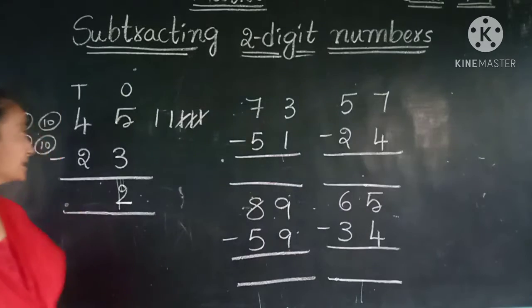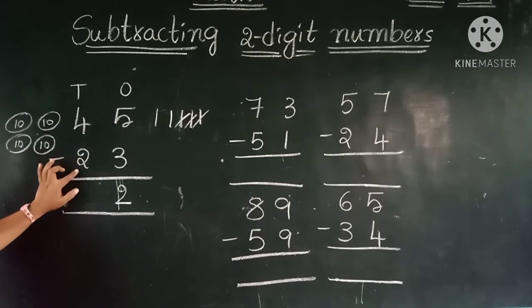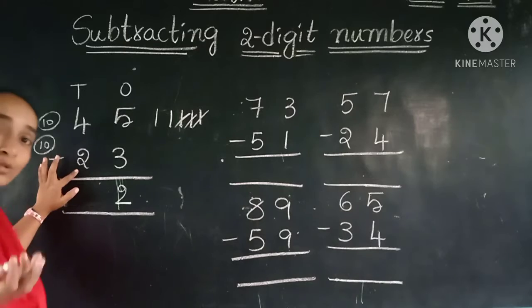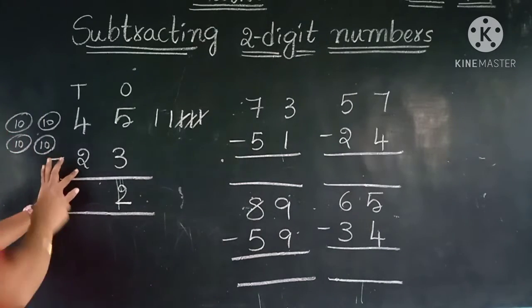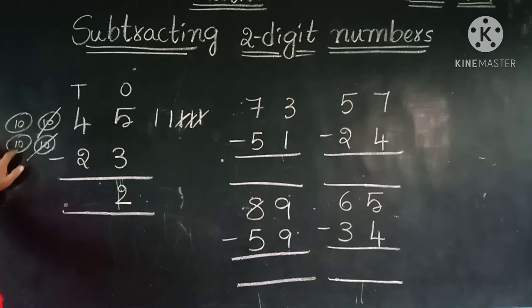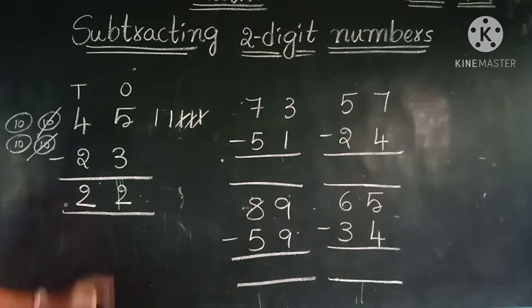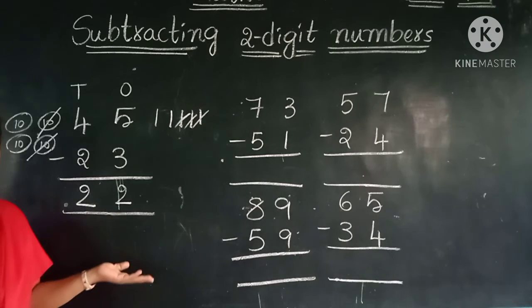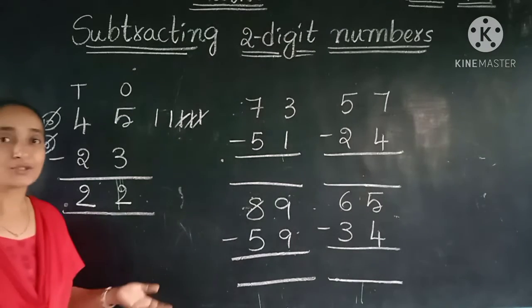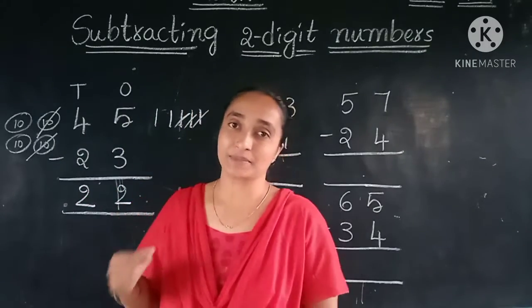Comes to the tens place. Here 4 plates are there. Now here how many are eaten? 2. That means 2 plates of idlis were eaten. Now how many are left? Yes, 2 tens are 20. So 2 plates were left. 2 tens are there. So here we got the answer very easily. Isn't it children? So in this way we have to do the remaining sums.